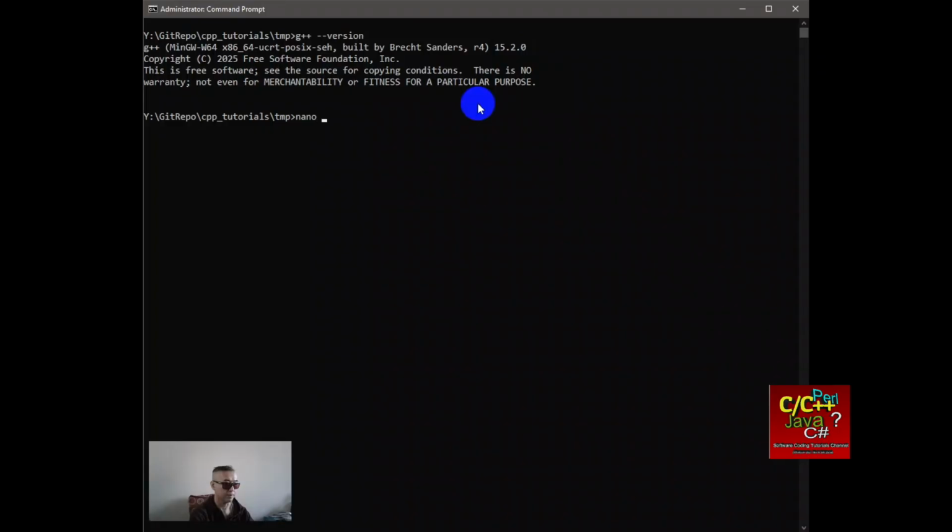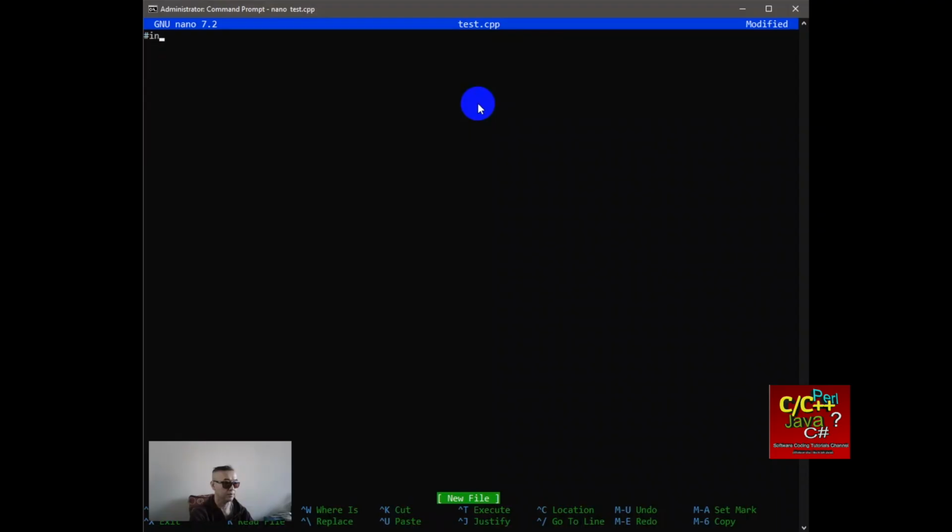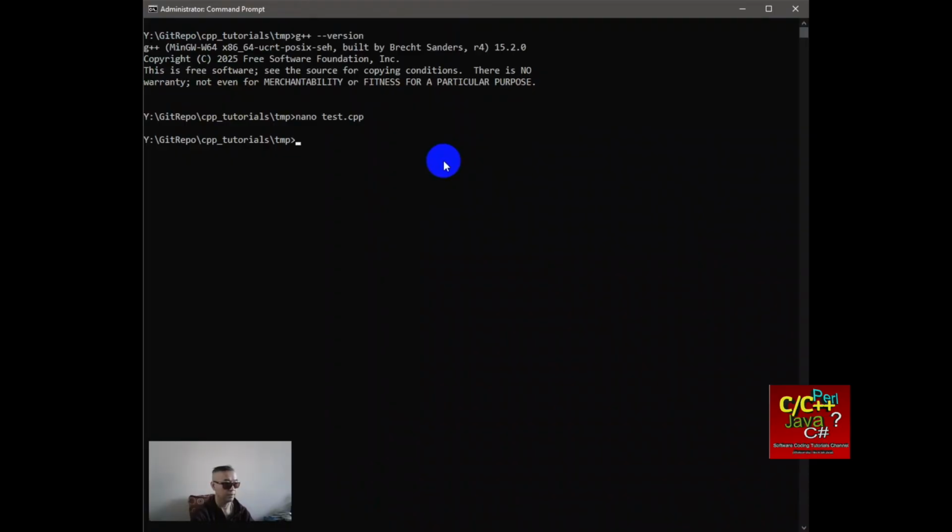So I can type in nano test.cpp. And I say #include <iostream>, using namespace std; int main(void), cout << "Hello world" << endl; return 0. Then save it. Okay, once it's saved,